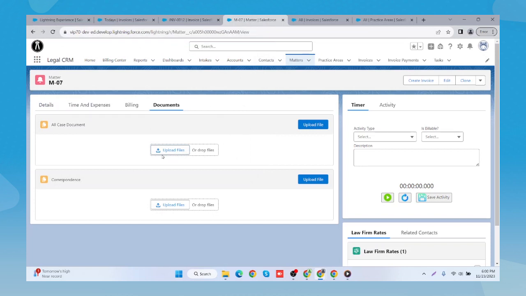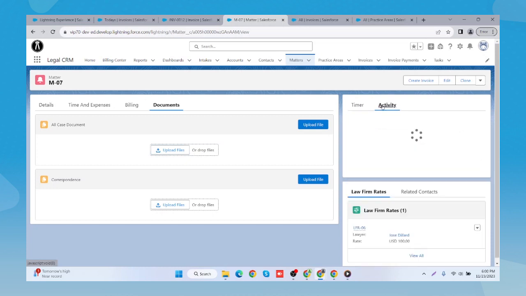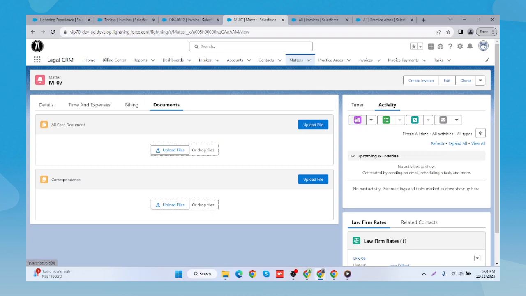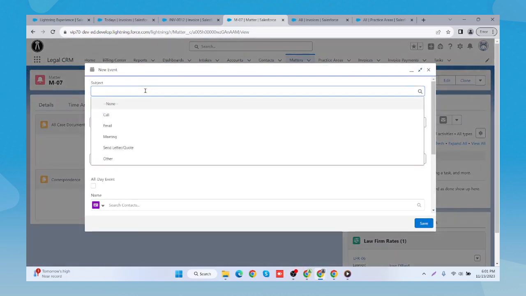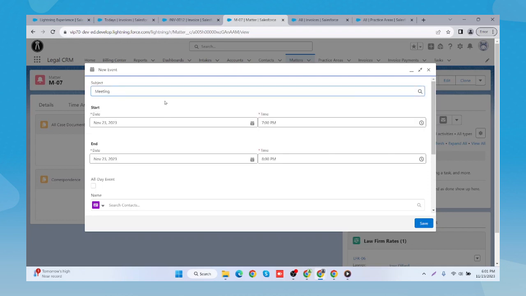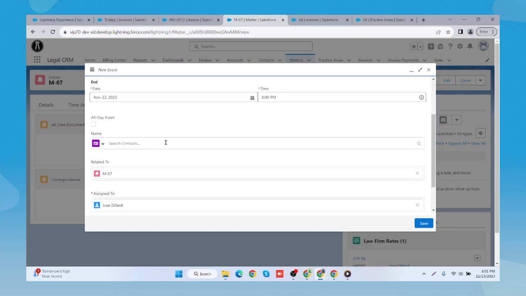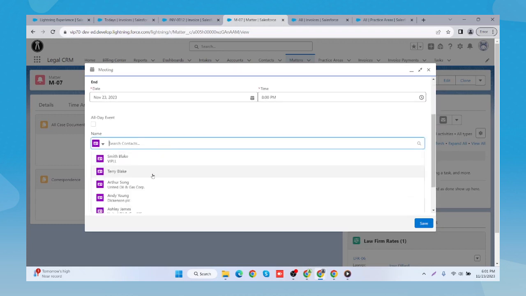Now come to the activity part, which is next to the timer component. In activity we can do lots of things, like we can create an event by clicking on this. We can see here event, so I'm going to click on meeting. I have a meeting with a client, and the timing would be 7 to 8 p.m. Search contact, whom I'm going to meet. So I'm going to meet Smith brother Terry Black,